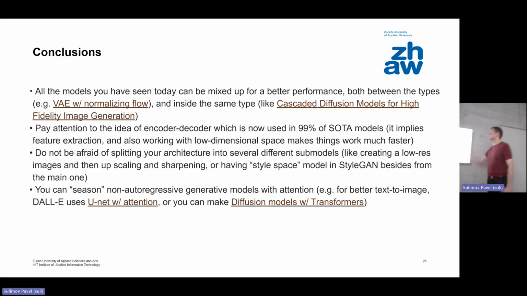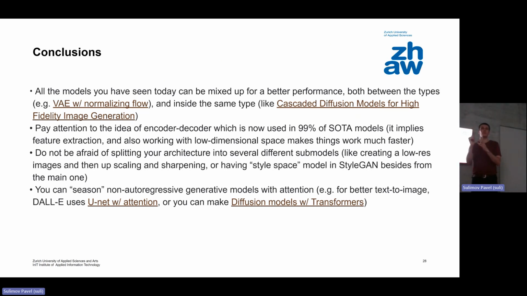But this is for you. I would say that mainly I have already mentioned all of these concepts, but for you to remember, yeah, how the current generative models work, that you can mix them. This is first. So as I said, for example, VAE with flow, or you can, for example, do cascading models. So what is it? Very important trick. It means that you are just taking your, let's say, diffusion model.